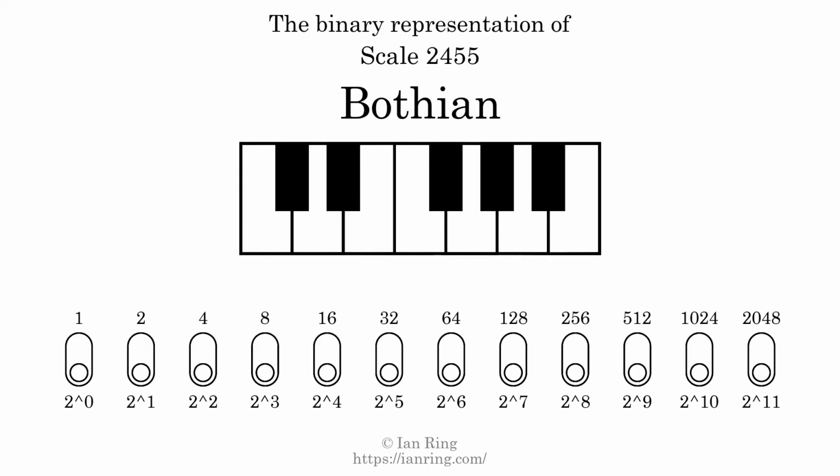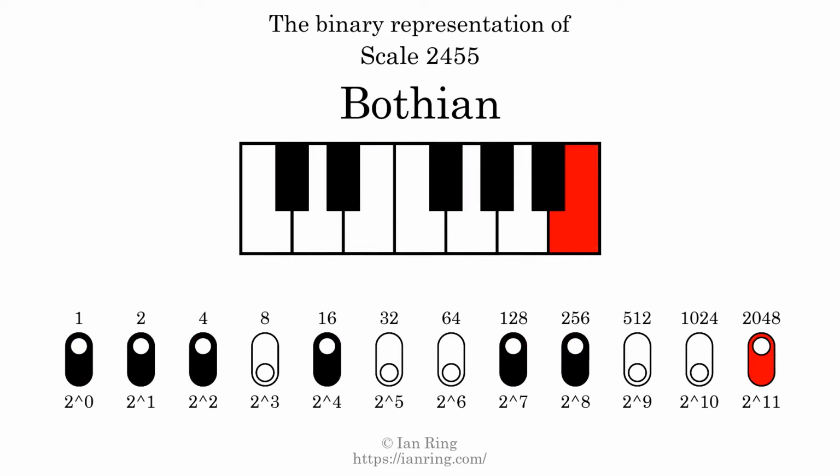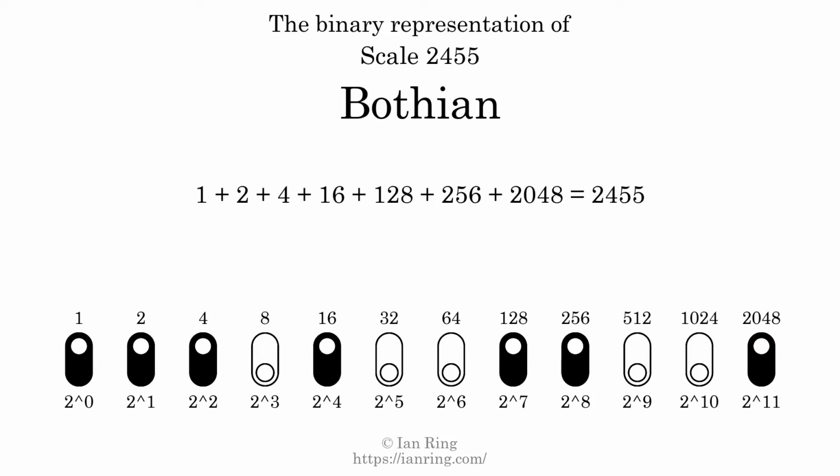The binary representation of this scale is determined by mapping tones of the scale to binary digits. Each binary digit represents a power of 2. To get the scale number, we add the powers of 2 together. The powers of 2 that are present in the scale, all added together, equals 2455. That is why the scale number, in decimal, is